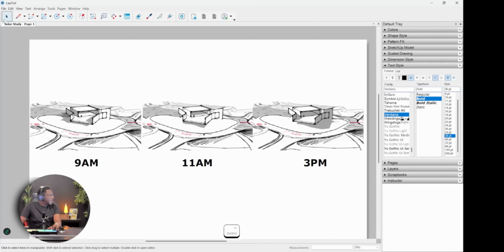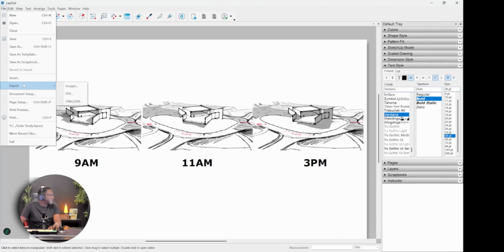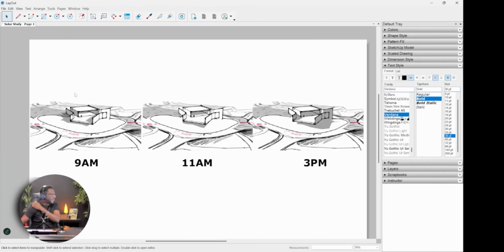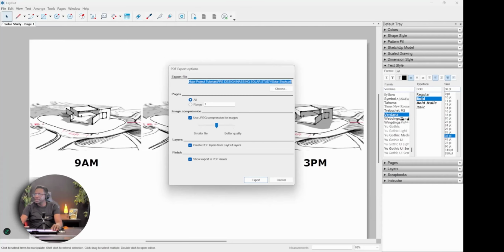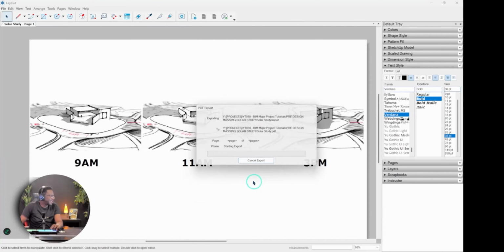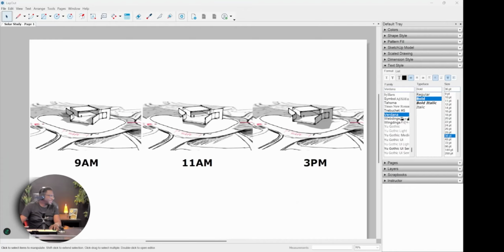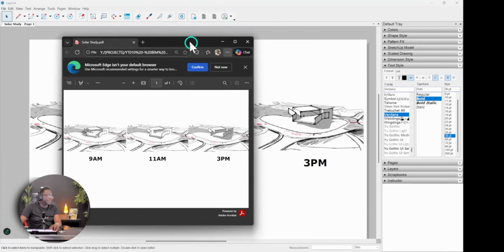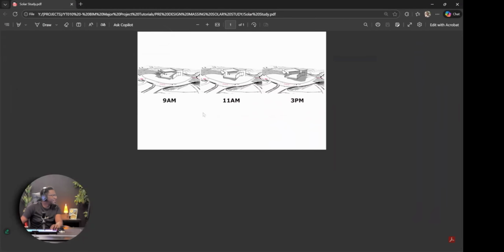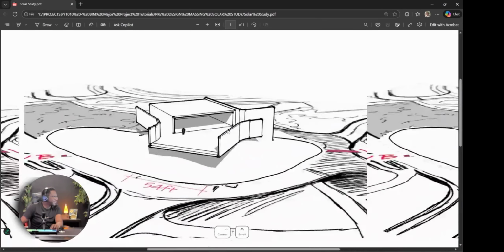All right, save. And now what I can do is export this. I can export it as an image or as a PDF. So I'm going to choose PDF, and that's it. Now you might get some options. I'm just going to leave everything as default and say export. Now you might notice that the model might look a little bit jagged in the viewport, but when you view the actual PDF, it will be pretty sharp.